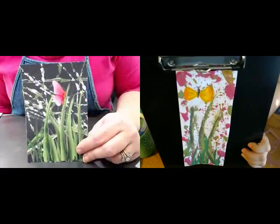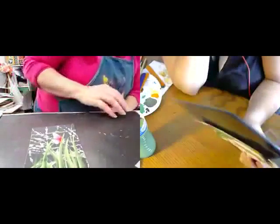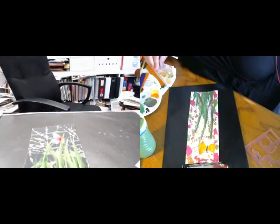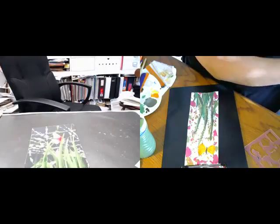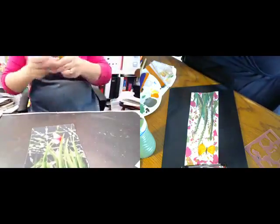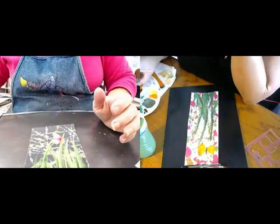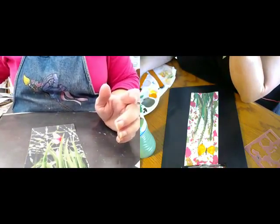Now, for your butterfly, I think I would outline the wings and add some detail in with that dark brown that you have. Mm-hmm. For me, I'm going to get a bottle of black. I'm going to use soft black because my background's not that harsh. Now, with a liner brush,